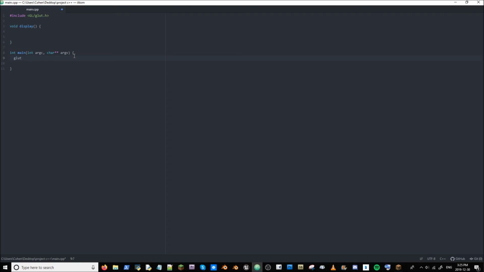So glutInit, or initialization, and we're just going to put this ampersand symbol, and we're going to say argc, argv. I'll explain what argc and argv are in a later video. They're very important, though. Not per se to this, but they're very important in general. So glutInitDisplayMode,